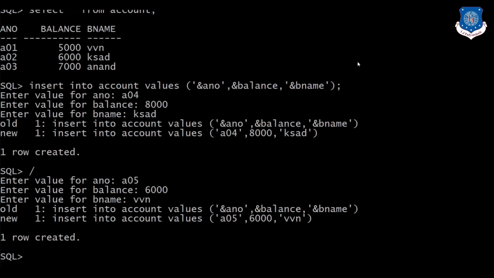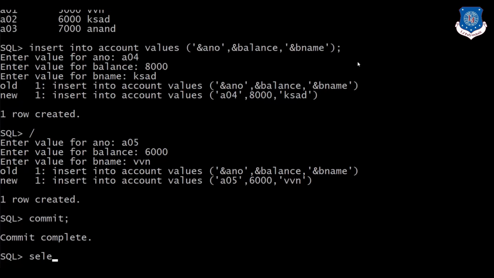Now we will perform the commit operation and we will have a look at the table.